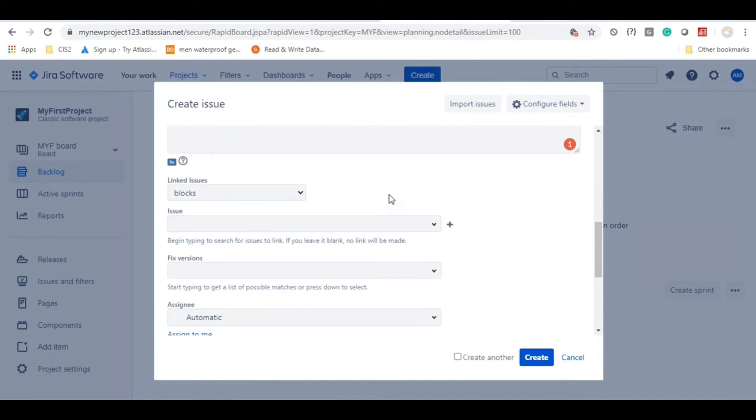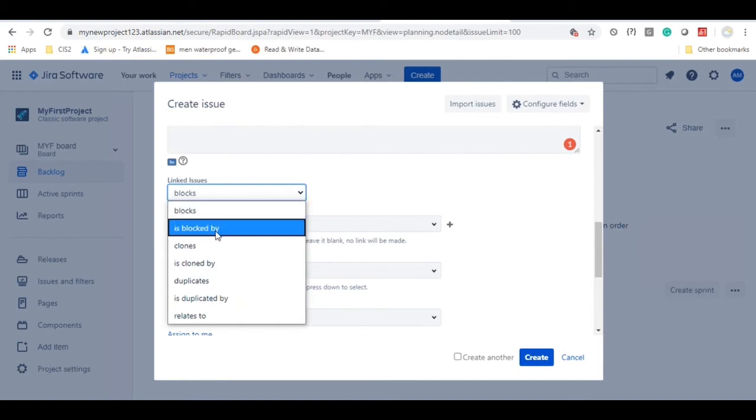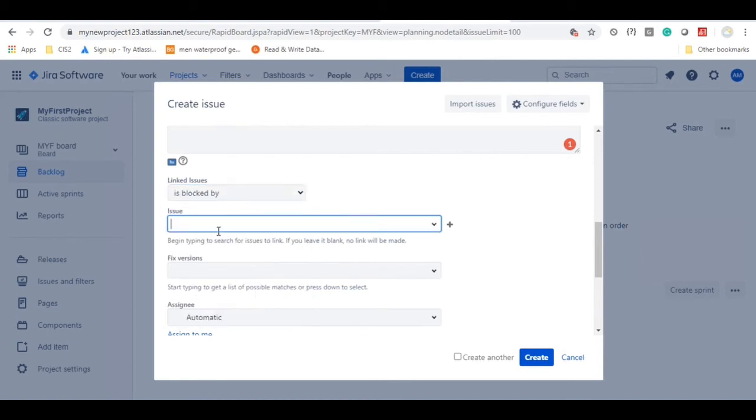Until login functionality is developed, assume that you cannot develop this functionality. Then you have to create that kind of dependency in this tool. You can do like this. First, assume that the login user story is already created. Now you select the is blocked by option and select the login user story, so that whenever the developer or product owner comes to this particular user story, he will check it.